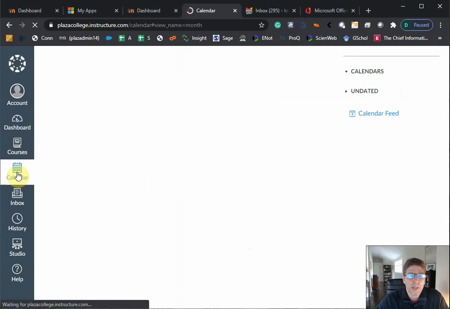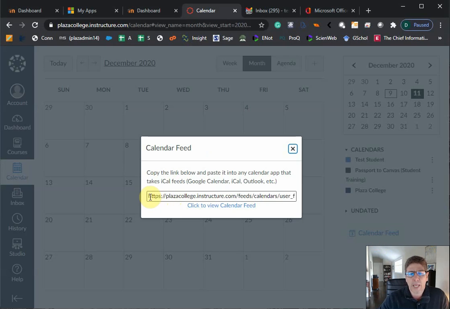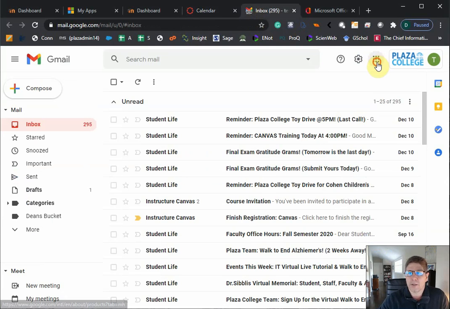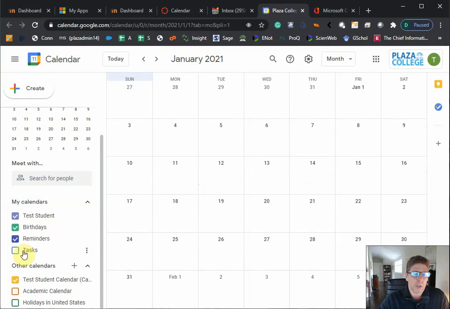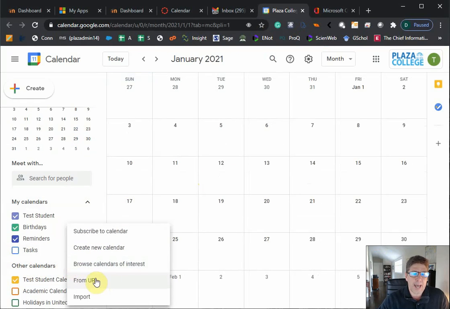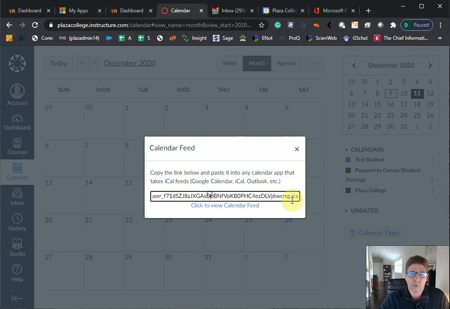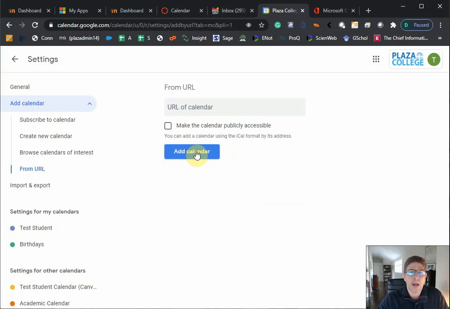Just so that you know, the calendar in Canvas actually works pretty good. You can add this calendar feed to your Google Calendar. All we do is copy this and paste it into my Google Calendar. I'll show you how to do that real quick. If I go into my calendar in Google, down below it asks me for other calendars. I can click Add from URL and then paste that URL that we saw over here right into there. So I would select all of this, copy it, go into my calendar, paste it there, and then add it. So now my calendars are synced between Canvas and